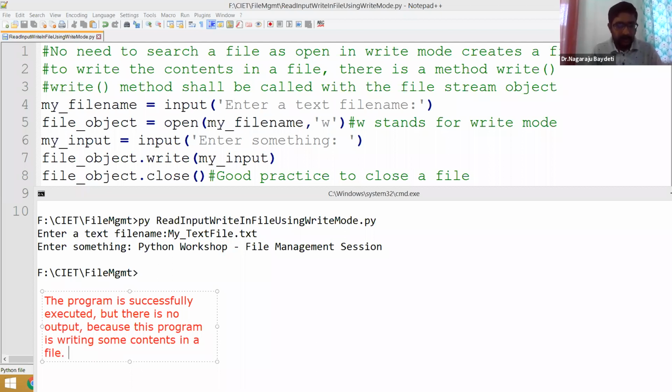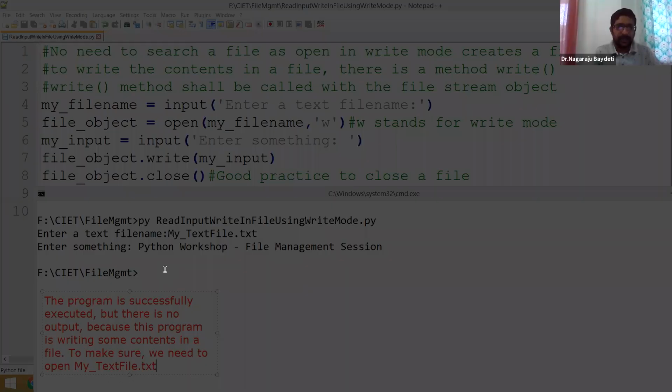To make sure, we need to open, in this example, what I have given, my_text_file.txt. If you really want to know, you need to open that file.